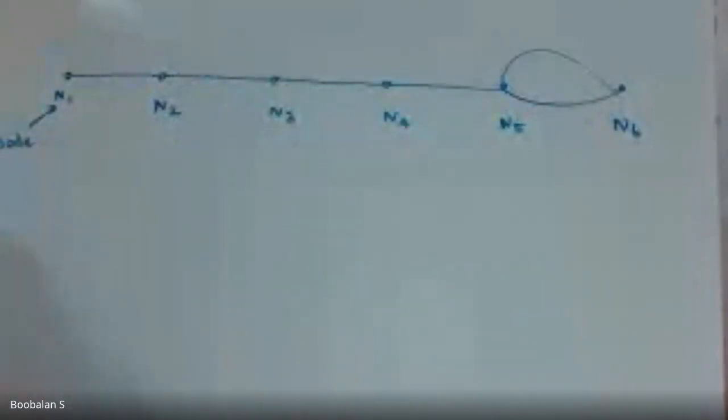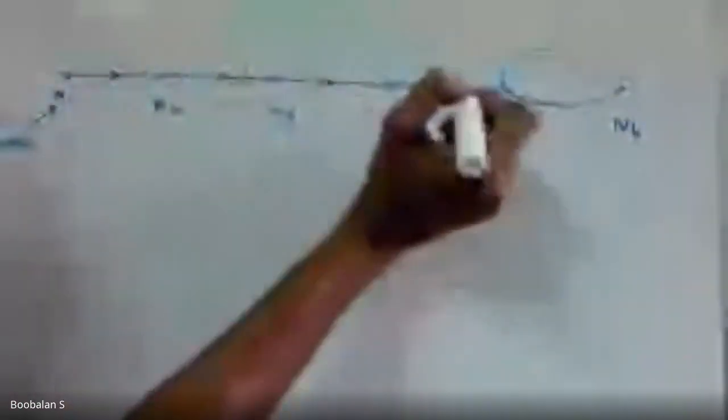Now, the topic's name itself has the meaning: signal flow graph. This is the signal indication. The signal starts from node 1 and travels to node 6. This is the indication of a signal flowing in the forward direction from N1 to N6. So this is like a graph, with the signal flowing. This is why it's called a signal flow graph. Now we are going to do some analysis on this signal flow graph.